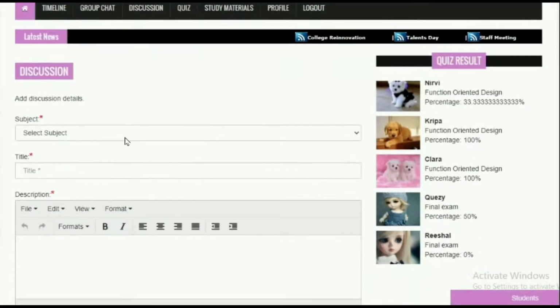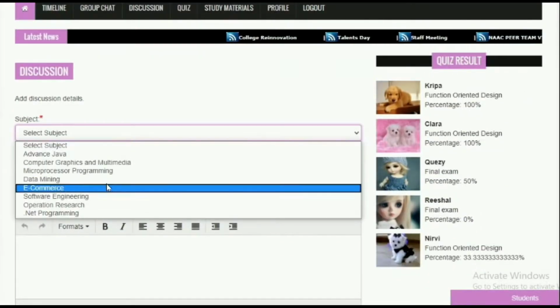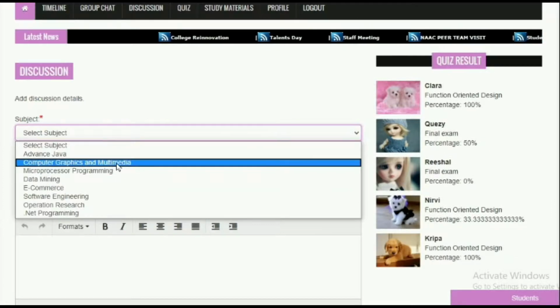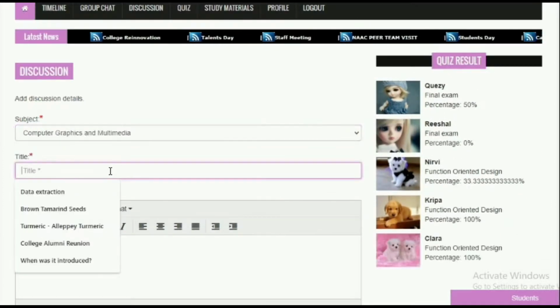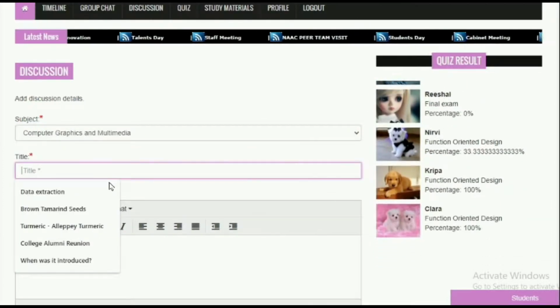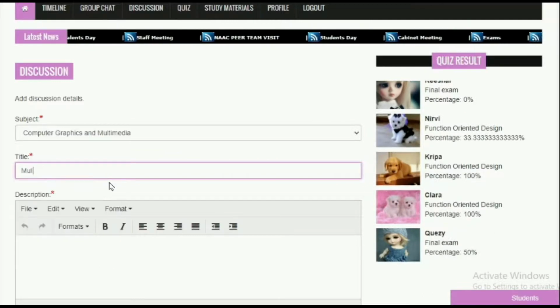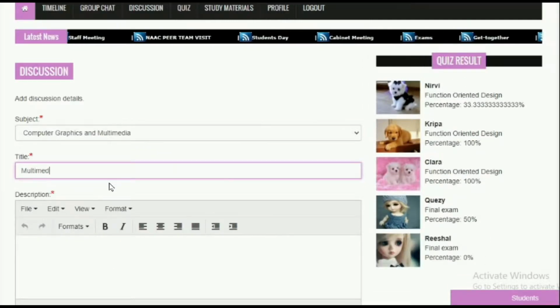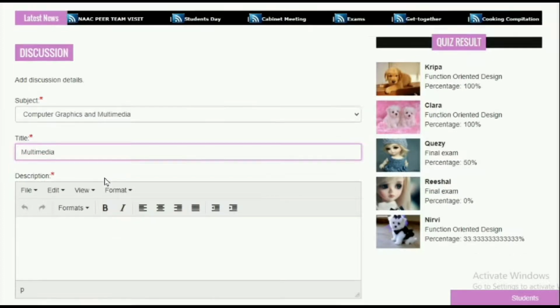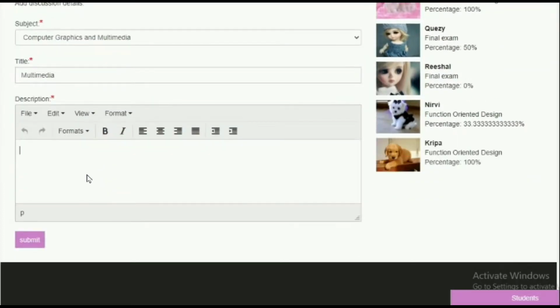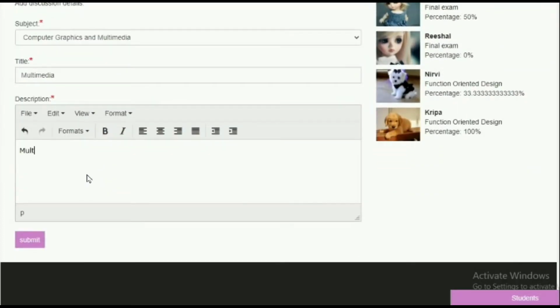Under discussion, student can add a new discussion, that is by entering the subject and the title of the discussion. They must add the description.